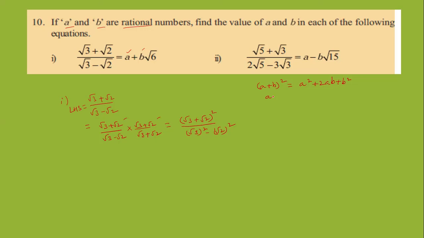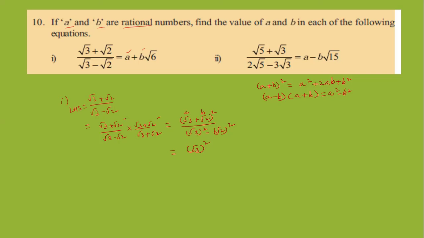In the denominator, how is this? A minus B into A plus B. Hence, you may write this as A square minus B square, that is root 3 square minus root 2 square. Which formulas are used here? (A plus B) whole square equals A square plus 2AB plus B square. One more formula is (A minus B) into (A plus B) equals A square minus B square. These two are required to solve this one.